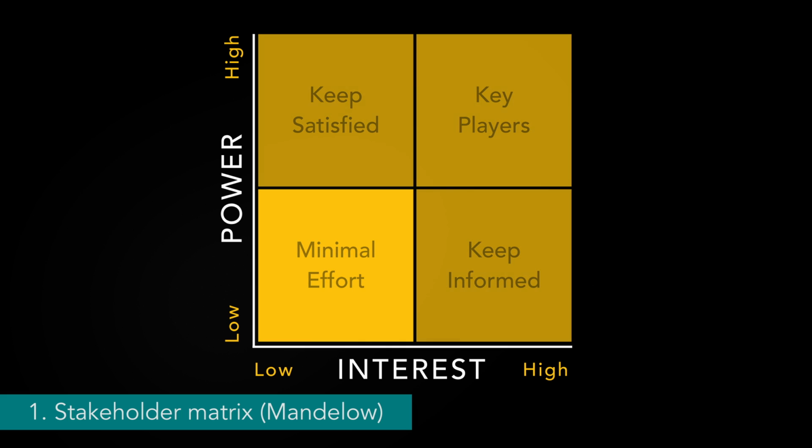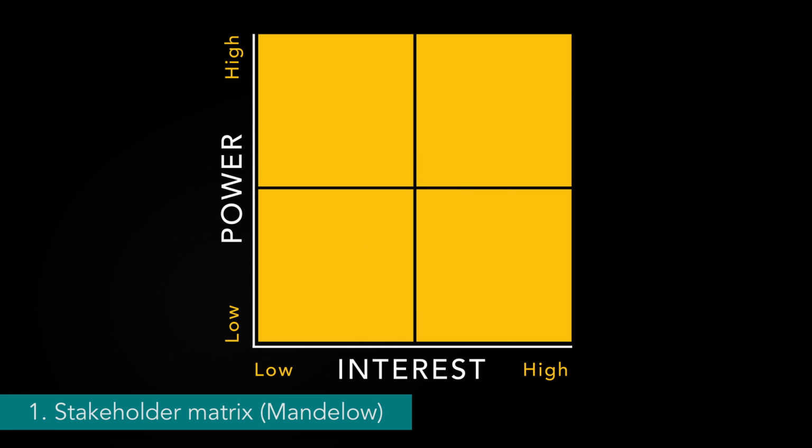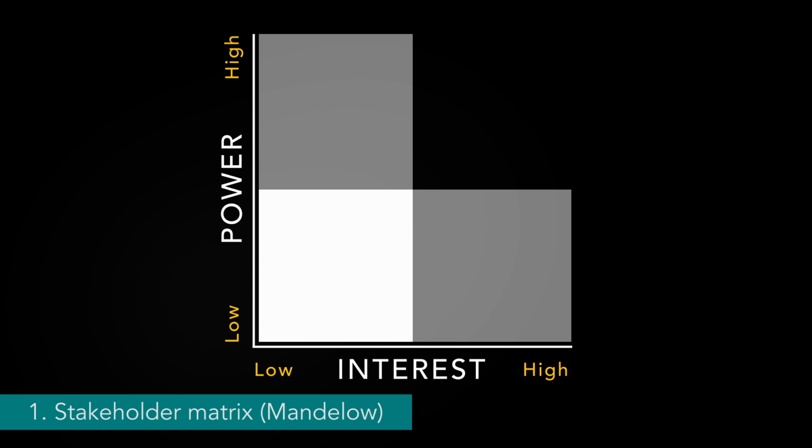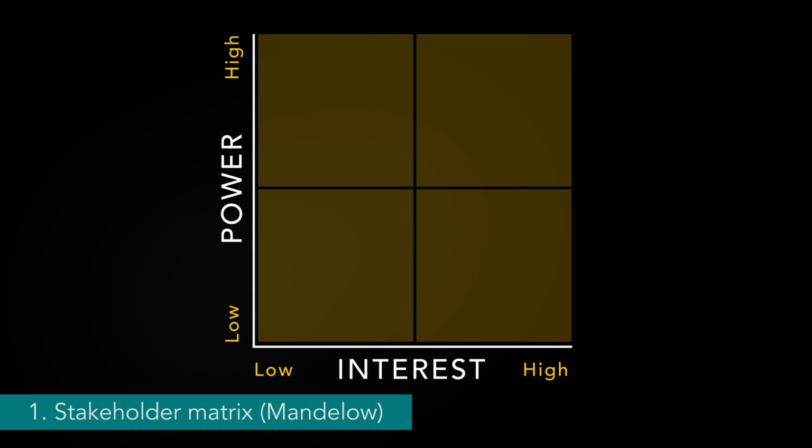Mendelow's Stakeholder Matrix is obviously a very visual tool that's really handy when prioritizing in a group, like a project group or your team. And just like in this example, it's typically used as a 2x2 matrix. That's 2 quadrants wide by 2 quadrants long. But I've also seen it used as a 3x3 matrix. Now, what I've just shown you is the normal version, but it's pretty easy to tailor it to fit your specific needs. For example, if you feel power and interest as the two axes are not quite nailing it for you, then just swap them out for whatever is going to fit your specific needs.